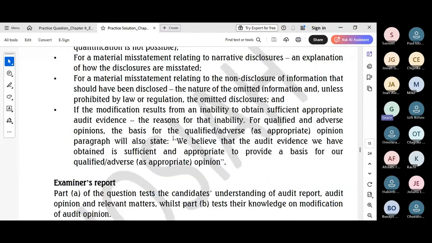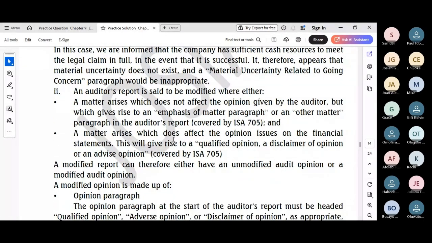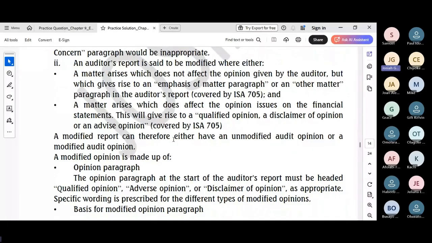Yes, the second part, talking about forms and content of modified audit reports. Yeah, I didn't share so much thought on that because we'll still be coming to it on reporting, and I don't want us to waste time on reporting. I just wanted us to know if there's an obligation here and if there's a going concern issue. But actually the solution is there. I didn't want to touch too much on the second aspect on ISA 705. We've not looked at that on reporting.